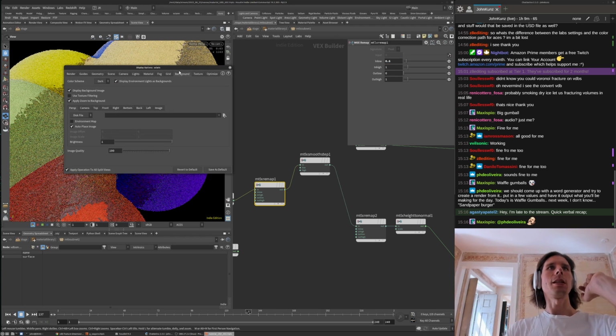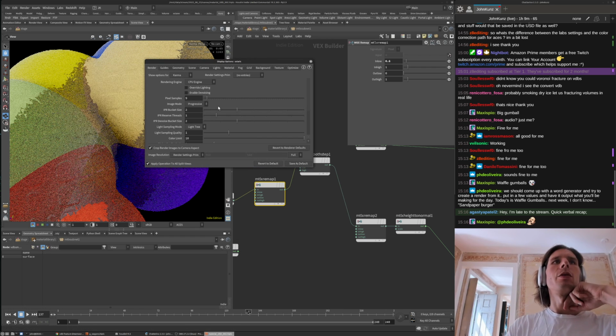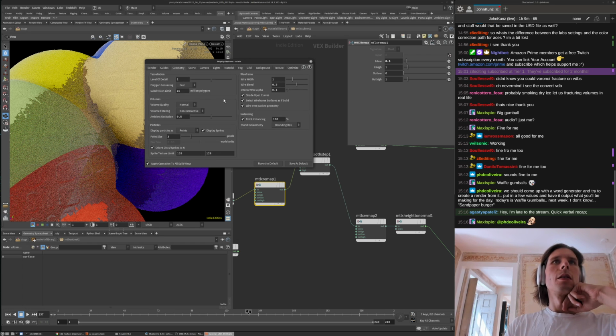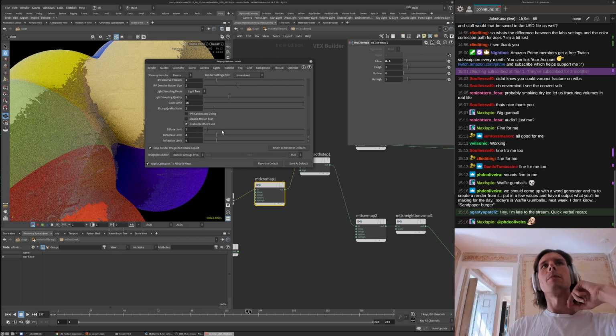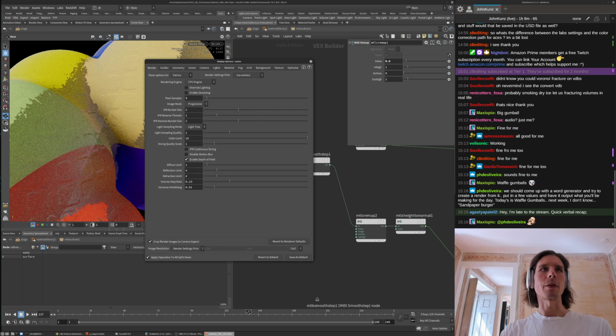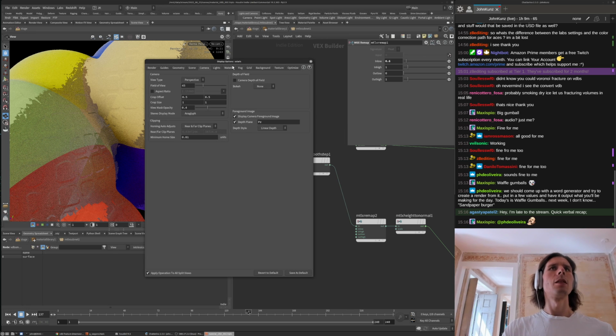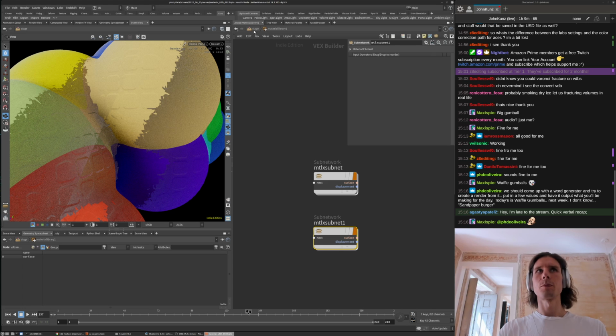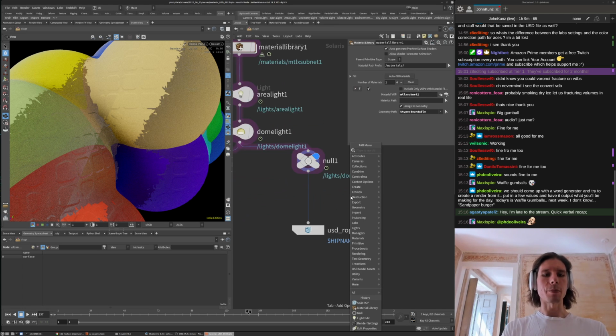I think if you press the D key as well, you might see some specific render settings to adjust some of this stuff. You might have to actually make a render node as well. But there's definitely some Karma specific